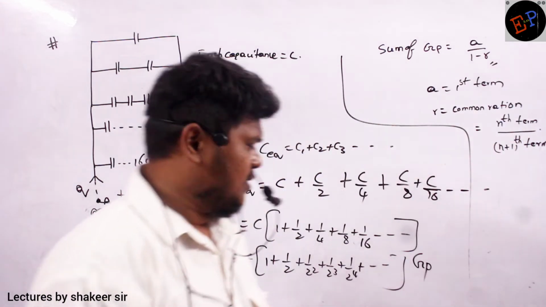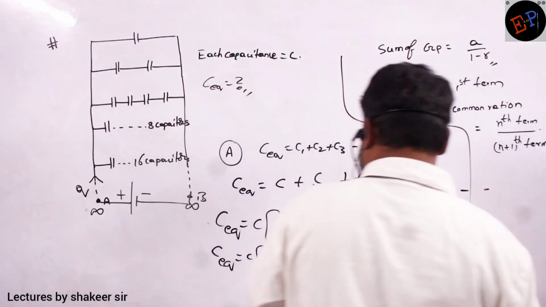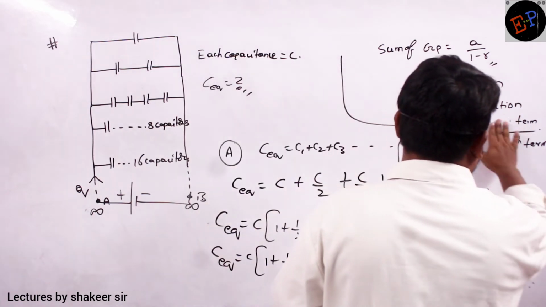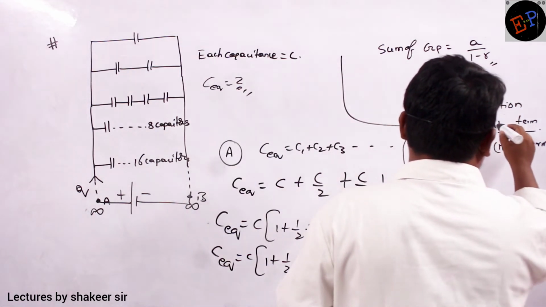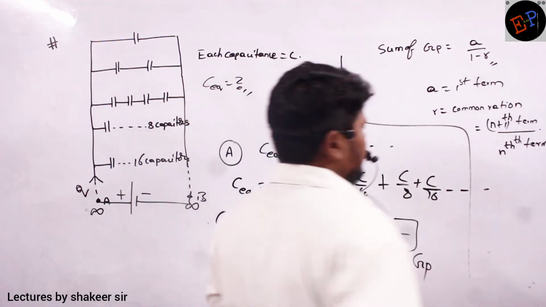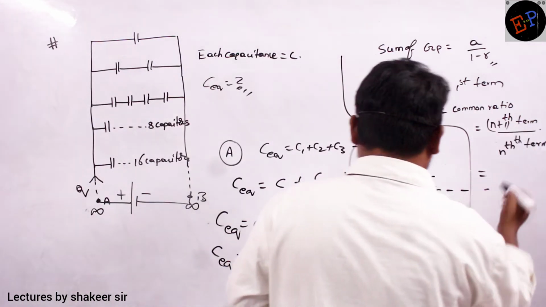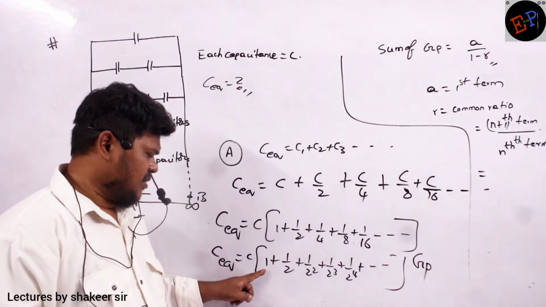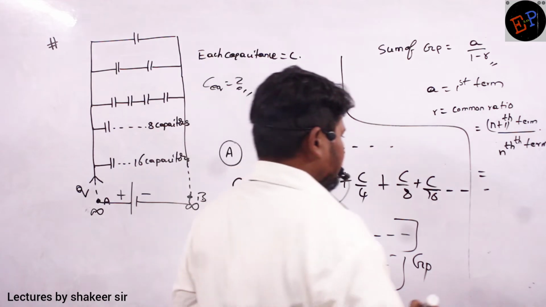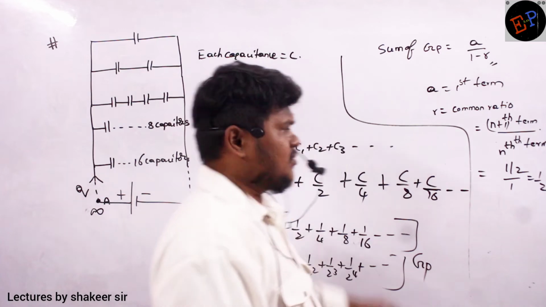Are you able to understand? So nth term by n plus 1th term, this one is not correct. N plus 1th term divided by nth term. This is called R, the common ratio. Clear, no? So for example, if I consider this one to be my nth term, this one will become the n plus 1th term. So the ratio is 1 by 2 divided by 1, which is 1 by 2. Clear? Now just substitute in that equation.